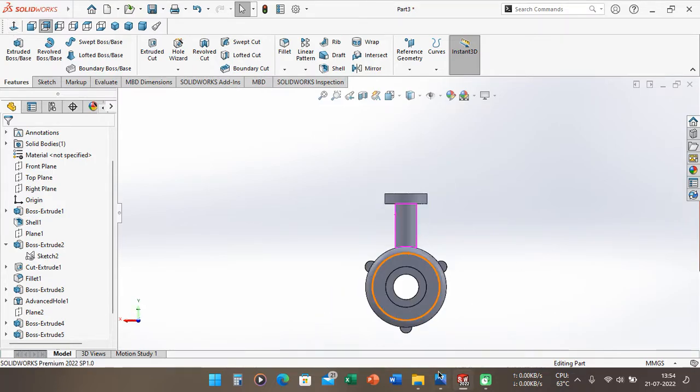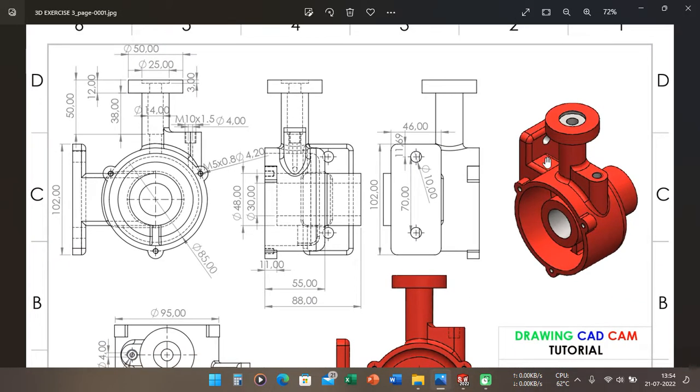After that, I want to make the sections. If we see on the sketch, the one offset of this section is 102 millimeter, and the other side is 46 millimeter. And on this section, we also have two circles here.